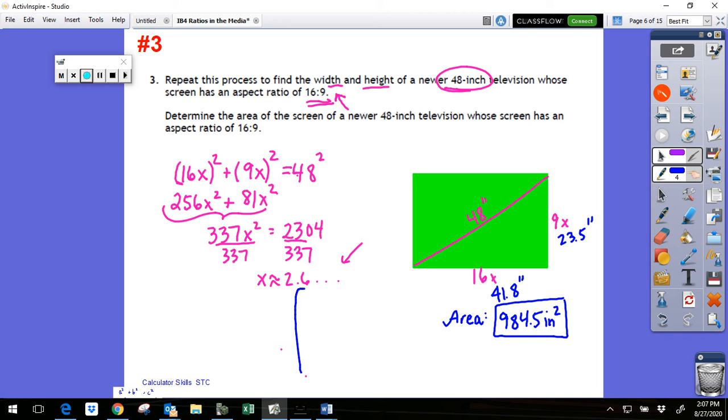So if it were me and I were taking calculator notes, and I think this is helpful sometimes, I would indicate that I go through and I get my work, and then I want to store. That's supposed to be like a little triangle that comes out there. So you're not going to see any work, but it's going to be held in the calculator. Then I can do 16x on the calculator. It gives you that 41.8 number. Tens place is fine. If rounding's ever important, I will definitely let you know. And then also remind yourself you can do the whole area, 16x times 9x, all at once. That's where the number